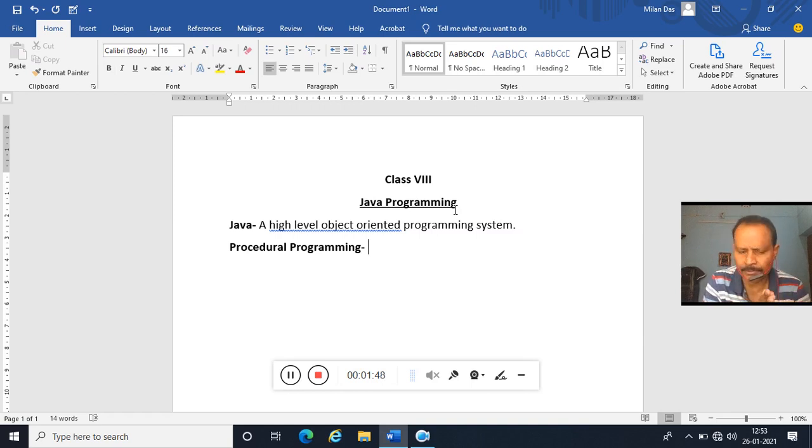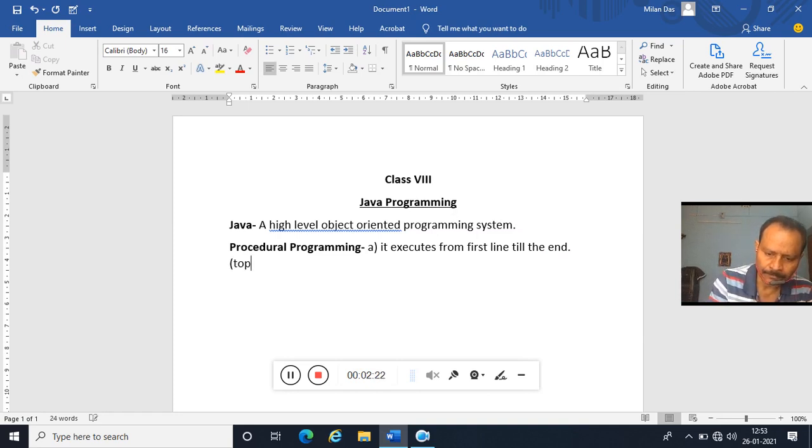There are certain points to be discussed, and number one is, we can say, it executes from the first line till the end, which we also say as top-down